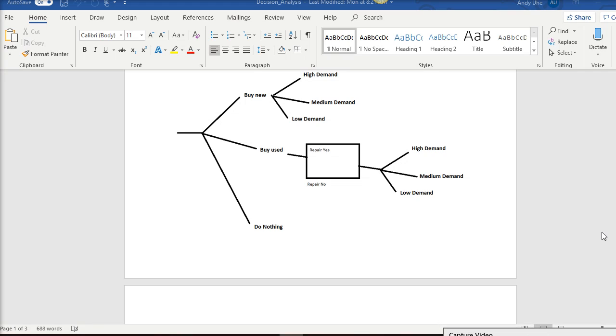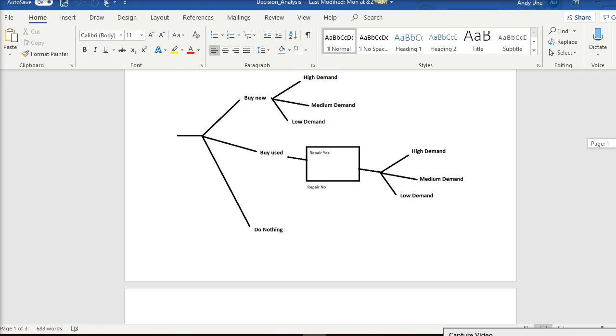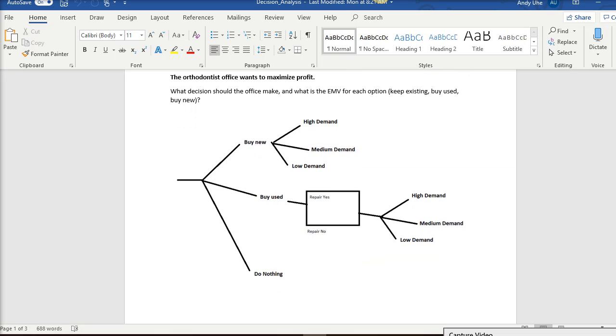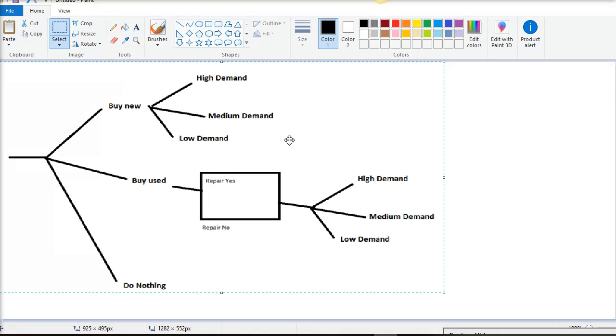And we build a decision tree. So you don't have to build this and turn in an actual decision tree, but I want you to solve the answer with estimating or with finding the expected monetary value. And I will show you how to do that with this decision tree. We need to do a couple things. First, we need to calculate